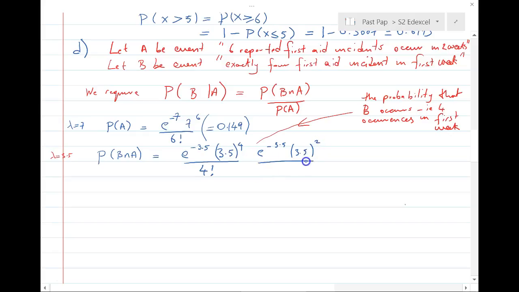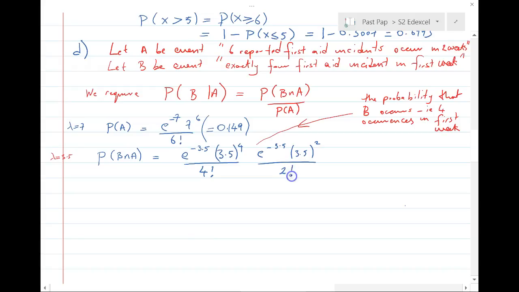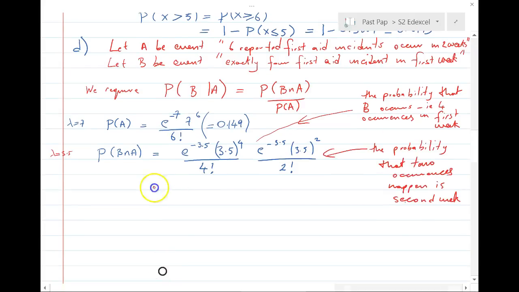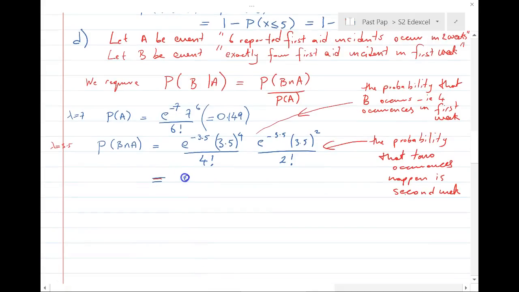3.5 squared, because we need 2 occurrences in the second week in order to have 6 overall. So that's the probability that 2 occurrences happen in the second week. That comes to, put into calculator, 0.0349. It's not exactly that, obviously, it's more; I've stored that on my calculator using the memory facility of my calculator. So the required probability